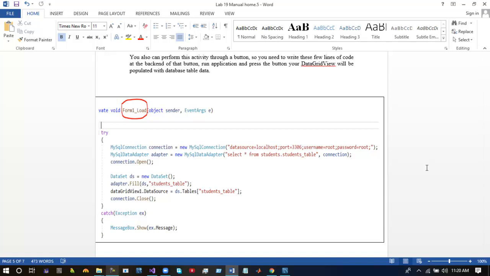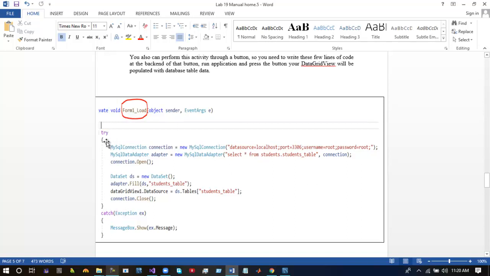As you can see, I have written this code at the back end of the form, not at the back end of a button. If you want to perform this activity through a button, you will write these few lines of code at the back end of that button. But this time I have written them at the back end of Form 1.